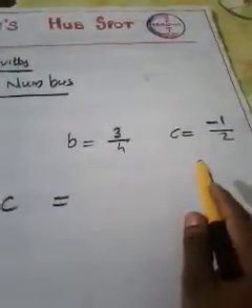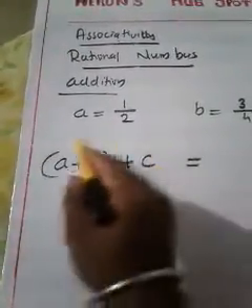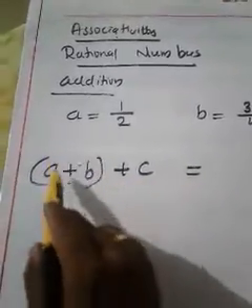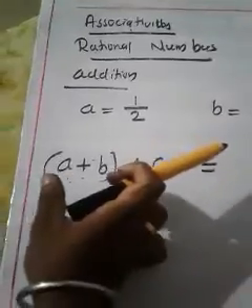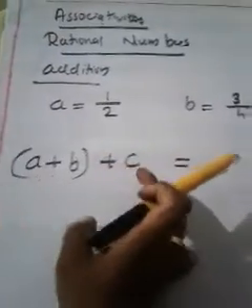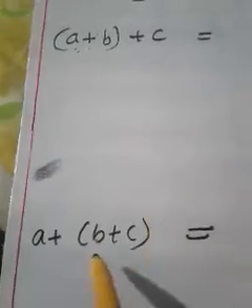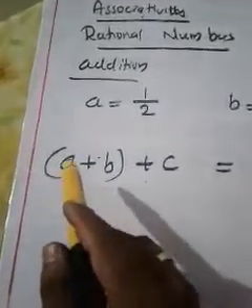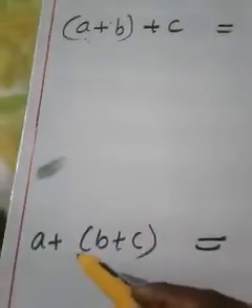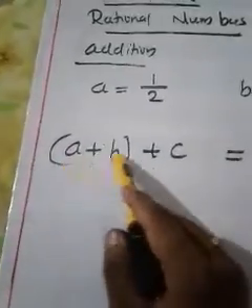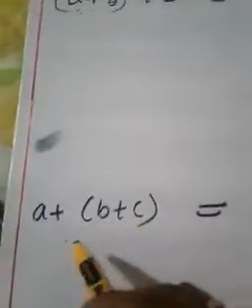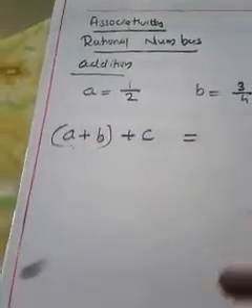But in order to check associativity, I repeat, we need three numbers. How to arrange these three numbers? This is the way to arrange. See, (A plus B) inside a bracket, plus C. That means A plus B will be grouped together, then plus C separate. And here B and C will be grouped together in a bracket, then A is separate. So how can you read it? When you are reading A and B, you have to read it together: (A plus B) plus C. Then A plus (B plus C). So this is the case of associativity.